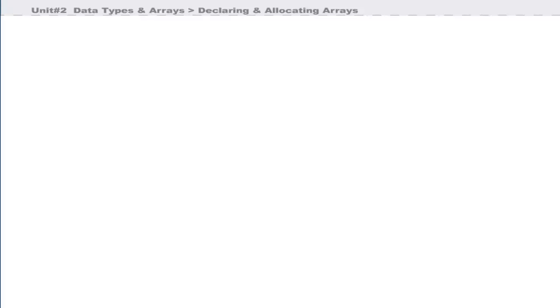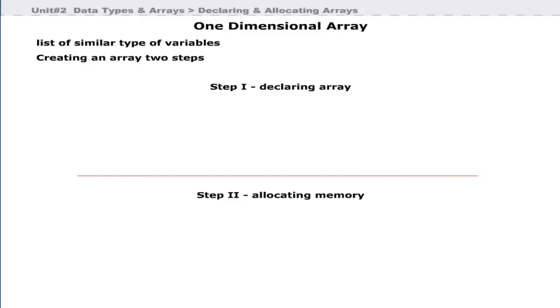Now let us discuss one-dimensional arrays in detail. A one-dimensional array is a linear list of similar type of variables. Creating an array involves 2 steps. First step is to declare an array, and second step is to allocate memory to store elements in that array. General form of declaring a one-dimensional array is data type followed by array name and set square brackets. Here,